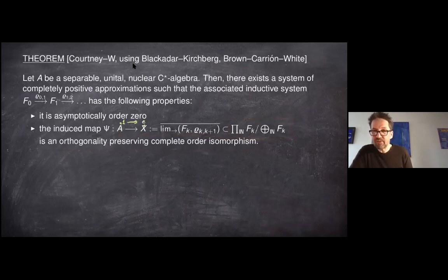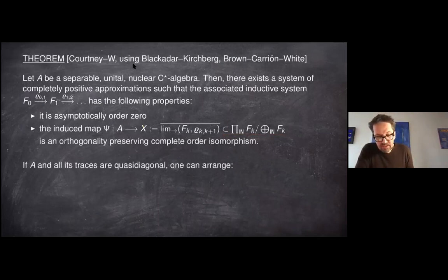And this is a positive element. In X, it's also a positive element in the C star algebra here, and it's an order unit. It's an Archimedean order unit. Okay, and Blackadder and Kirchberg had already shown that if A is nuclear and if A is sufficiently quasi-diagonal,